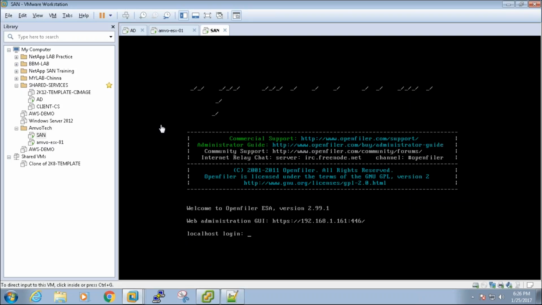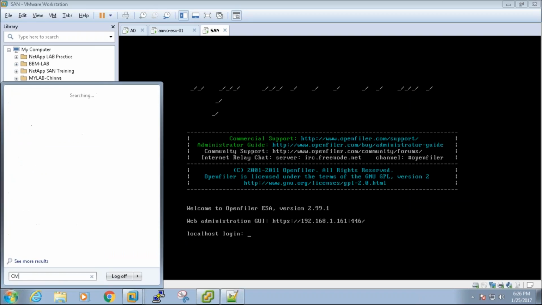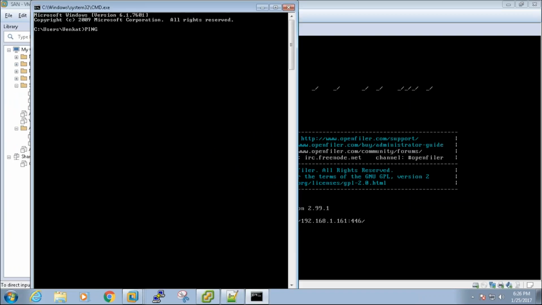So the machine is ready for use. If I open up the command prompt, you can see I'm able to reach the machine.